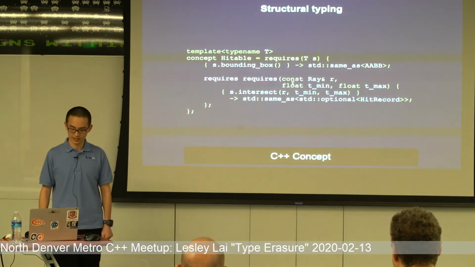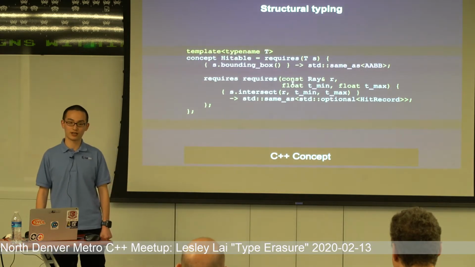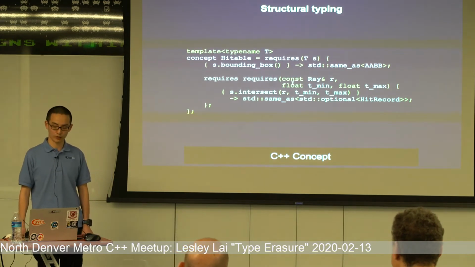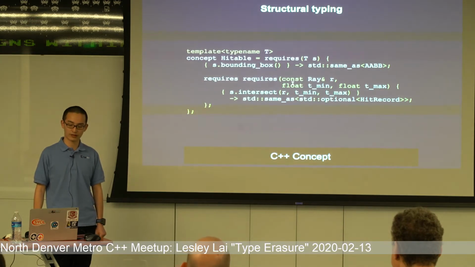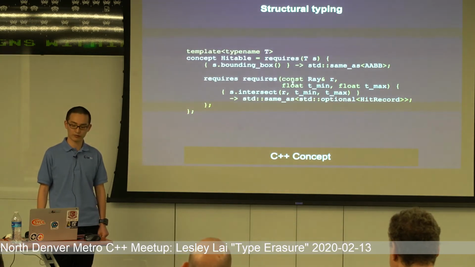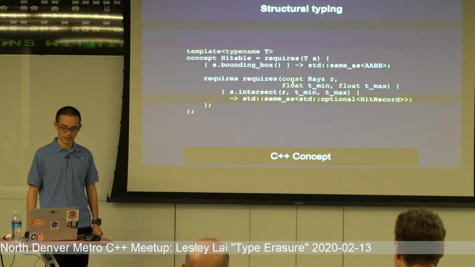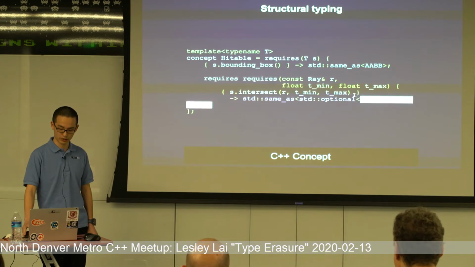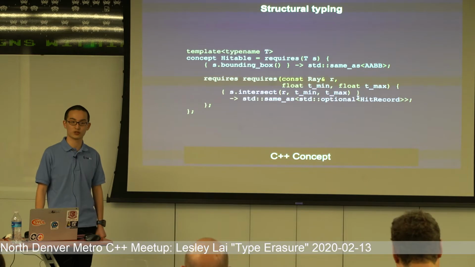So this is C++'s concept. As I said before, C++ doesn't implement concept checking, but let's assume it does. Then we have a Hittable concept, where first we have a bounding box member function, and we say the return type is AABB. We also say the Hittable must have an intersects member function that takes a bunch of parameters. The return type will be this optional hit record. So it's exactly like the previous virtual version, but